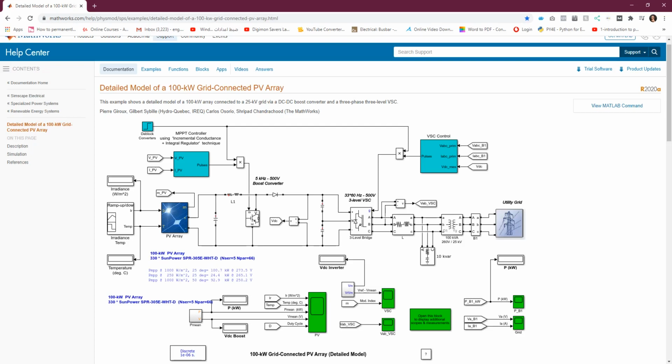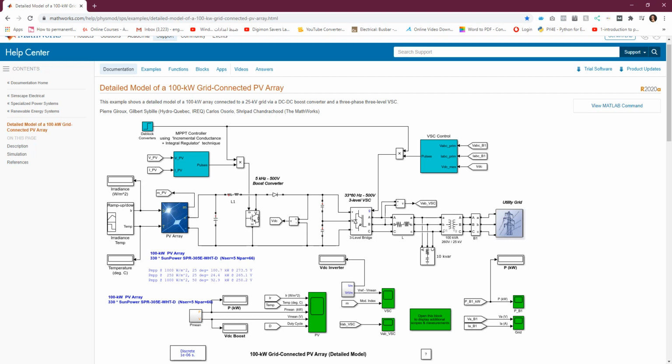Hey everyone, in this video we would like to talk about how to get a complete grid connected PV system using MATLAB program. I got this question a lot, and a lot of my own students would like to know how they can do a complete PV system inside MATLAB. So I will give you a very small and easy step in order to get it for 100% for free